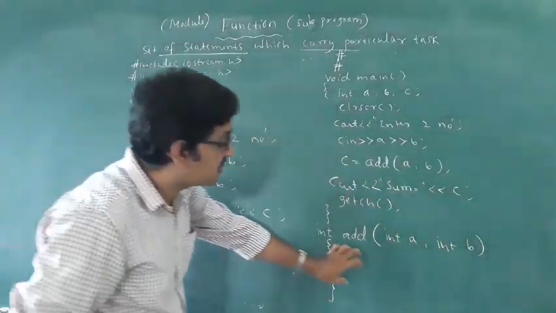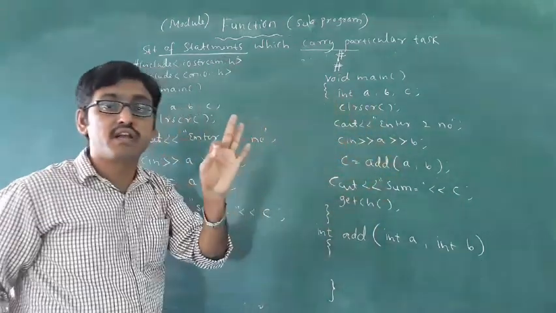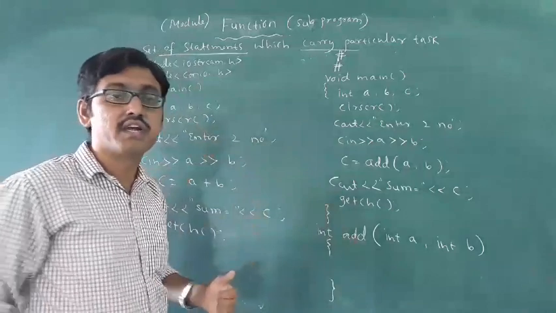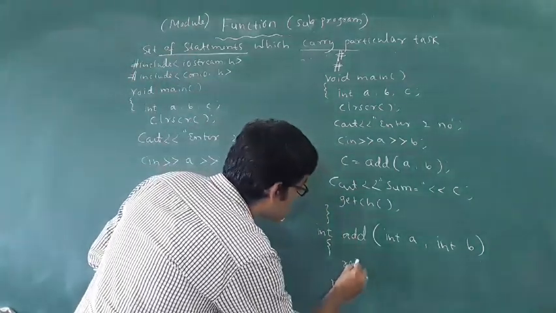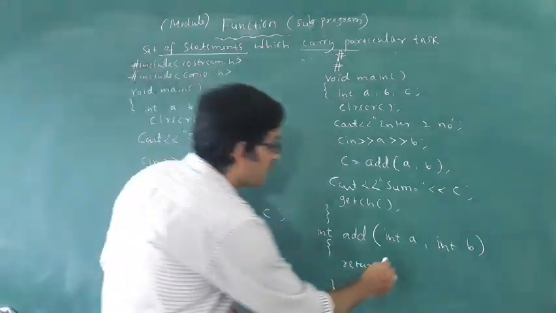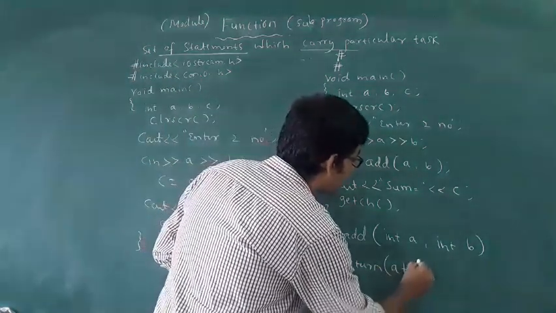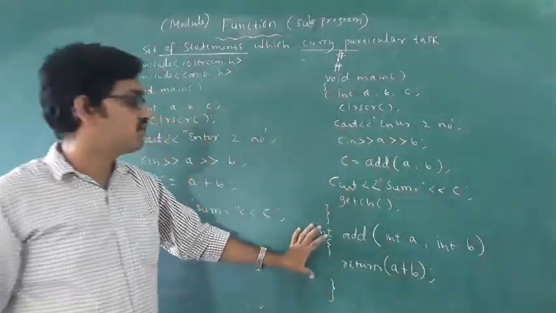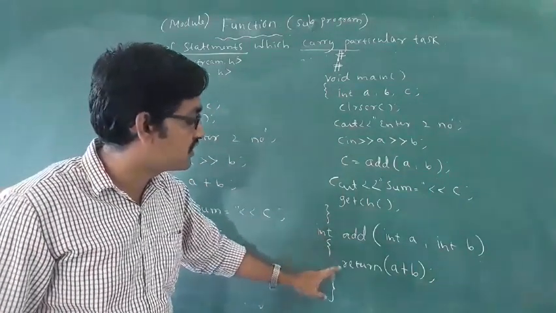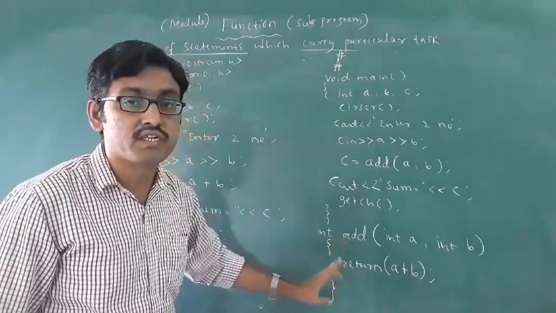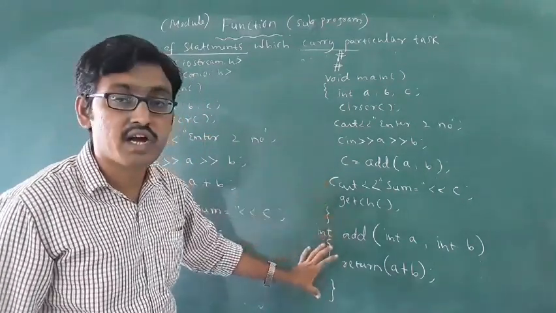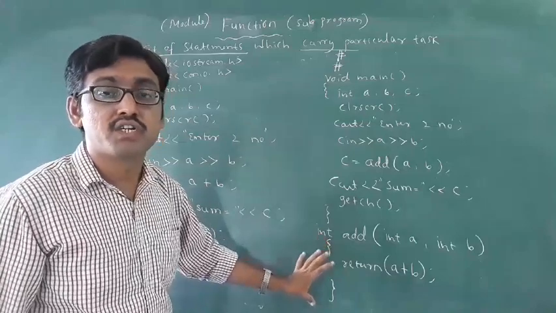See, in that function you have to write the calculation which I want to do, the addition operation. Here you have to do the addition operation. For example, I am writing return a plus b. This is what is called a function. One, two lines you have to write. After closing the main, always you have to write a function like this.